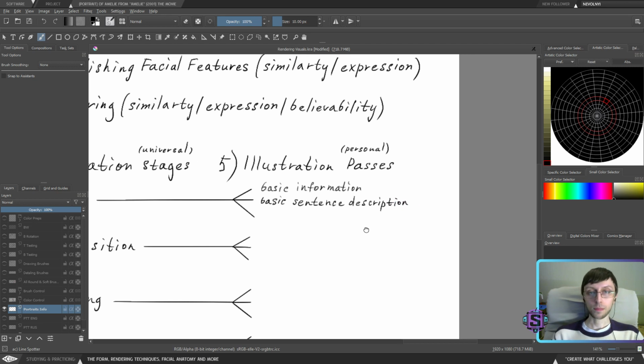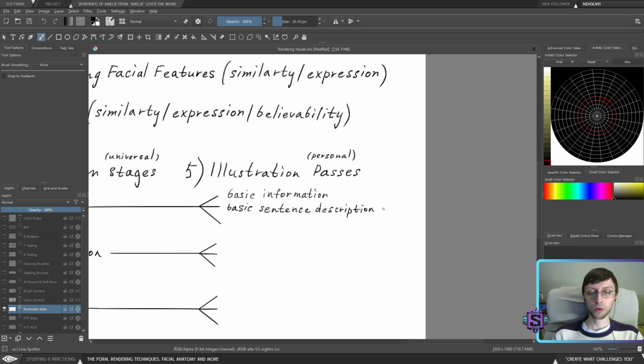So sentence description is just, again, you ask yourself a question: who exactly are you drawing, or what type of character is it, where is the setting, what is the situation, the scenario, basically why you're doing it, for what actual reason, what do you want to achieve with it, and so on.